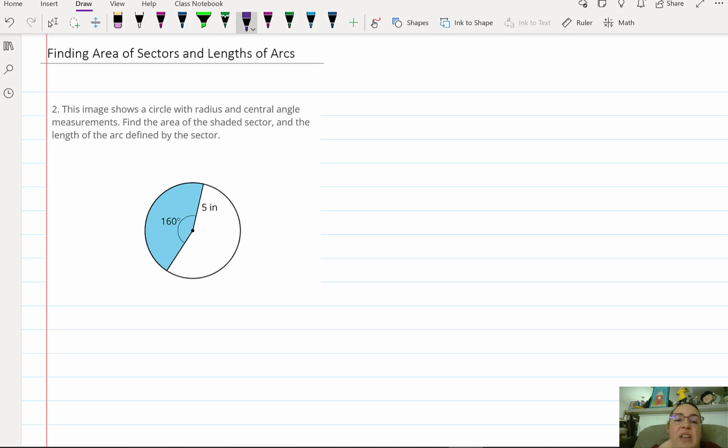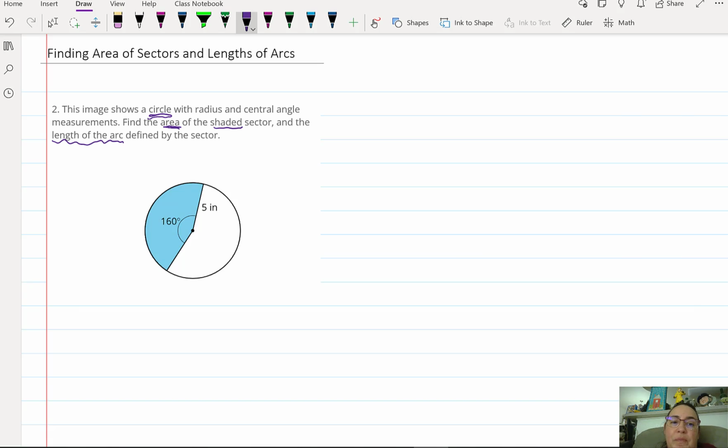This image shows a circle with radius and central angle measurements. So I'm going to need to identify what those radius and central angles are. They're demonstrated in the picture. What they'll have me do then is I need to find the area of the shaded sector. So I'm assuming that's the blue part. And the length of the arc